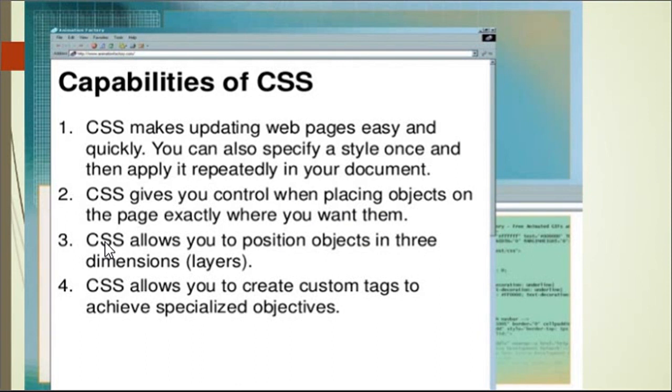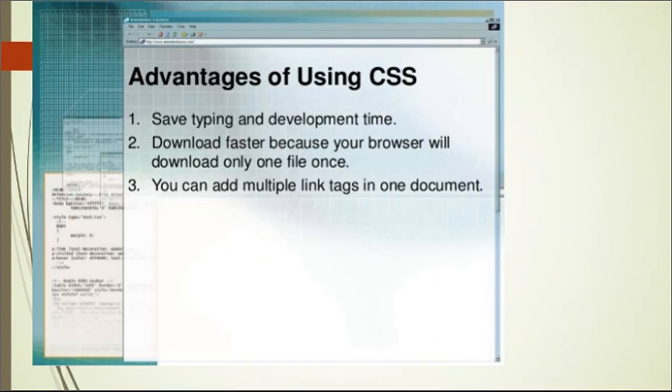Next capability is CSS allows you to position objects in 3 dimensions. Next one, CSS allows you to create custom tags to achieve specialized objects. Next, advantages of CSS, or why we use CSS. Advantages of using CSS, first is save typing and development time.